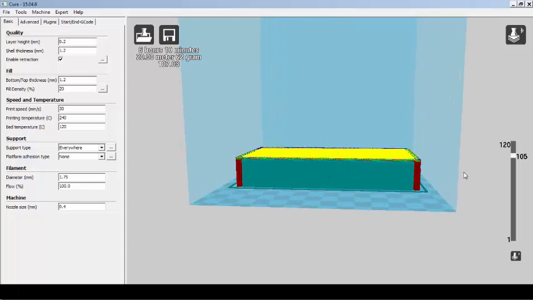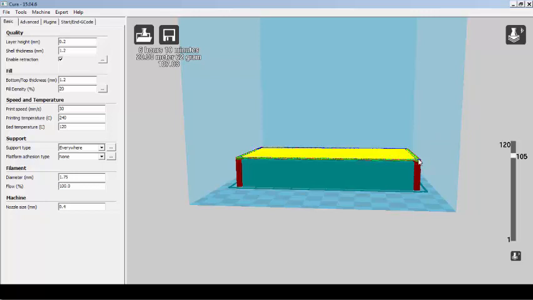Usually for surfaces which are perfectly vertical, support is not required, but below surfaces which are horizontal, support is required. If a surface is up to 45 degrees from the horizontal, beyond that there is no support required. If it is less than that, definitely support is required.